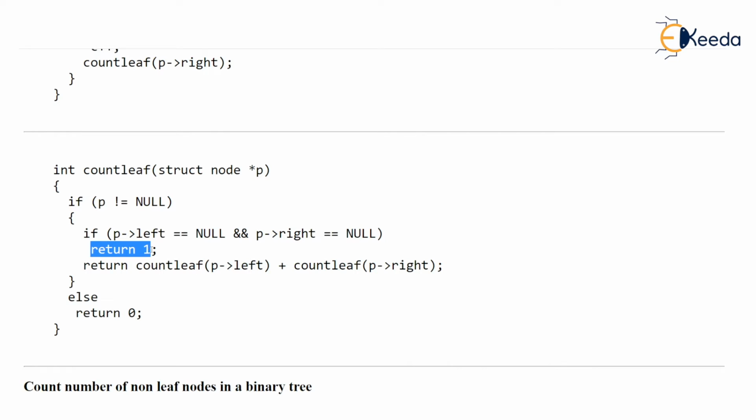And then we call count leaf recursively with count leaf of left and count leaf of right, both the left and right children. Count leaf is called 2 times here, but whatever is the return value of count leaf of left and count leaf of right is added, and that added value is returned. Let's see what I mean by this. Of course, if the if is false, then in the else we have said return 0. Let's see how this count leaf is going to work.